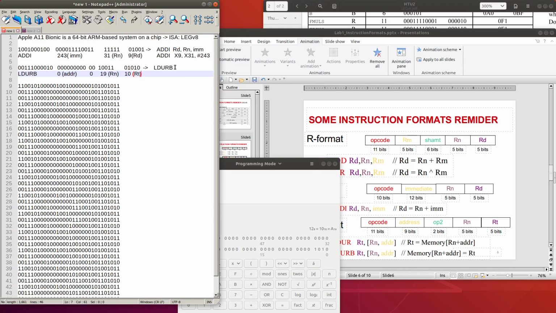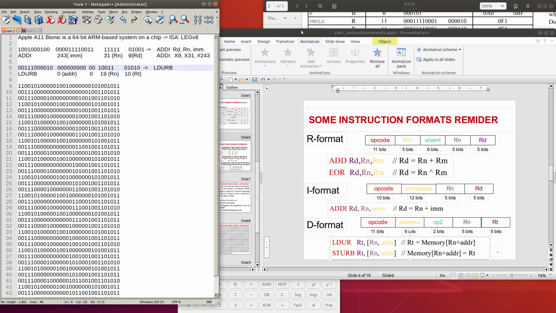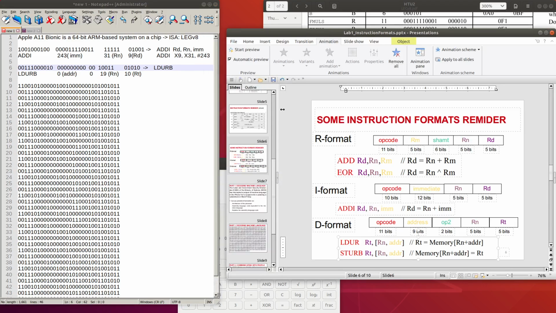So we know the instruction here. It is LDURB and then RT and then RN and address.